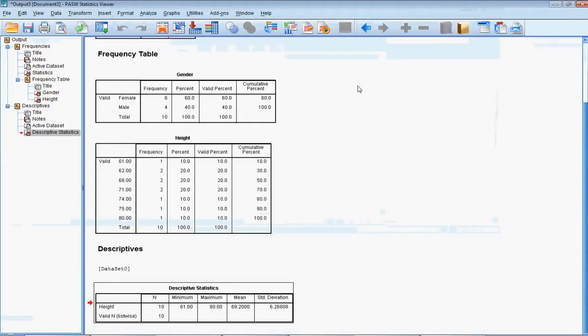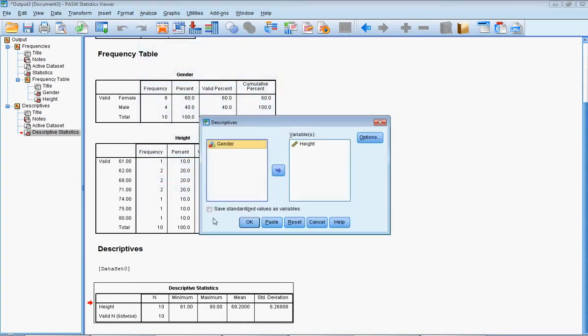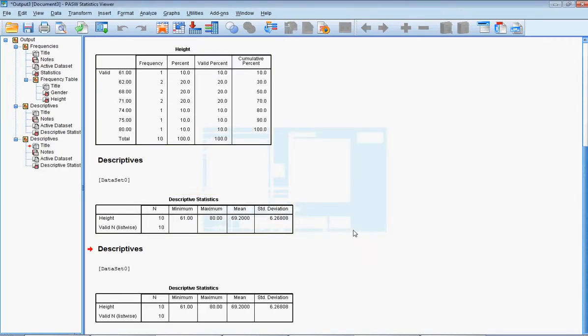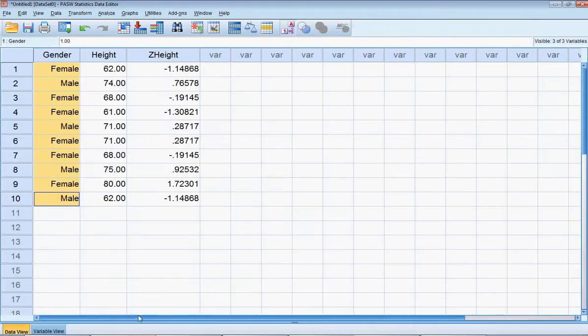Let me show you something cool. Go through this again: go up to Analyze, under Descriptive Statistics and Descriptives, and there's a little box down here called Save Standardized Values as Variables. I'm going to check that and hit OK. I get exactly the same table the second time, but if you go back to your spreadsheet,